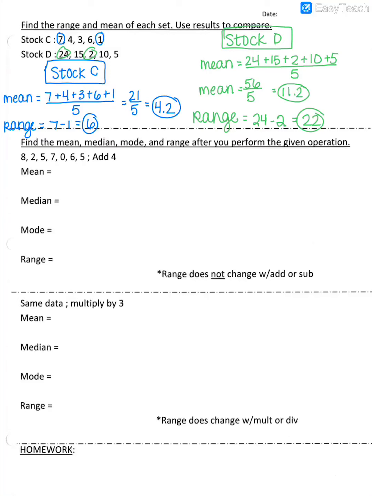All right, so for the next one, or the next two, we're going to be using the same set of data, but we're going to be doing a couple different things to it. So we're going to find the mean, median, mode, and the range after we perform the given operation. So we're going to take this set of data here, and we're going to add 4 to all of them. So we're going to make a new set,